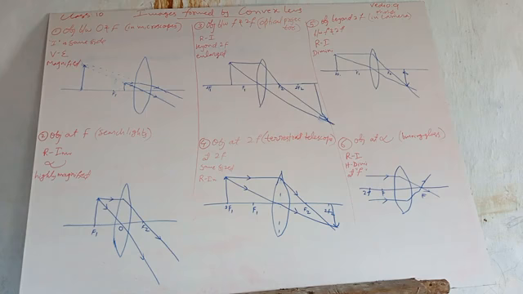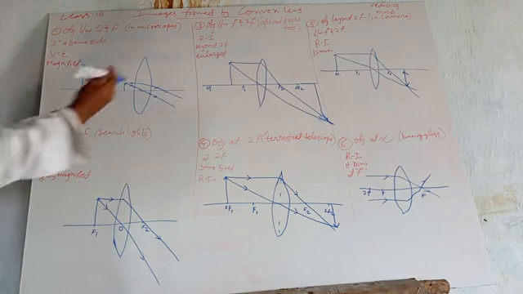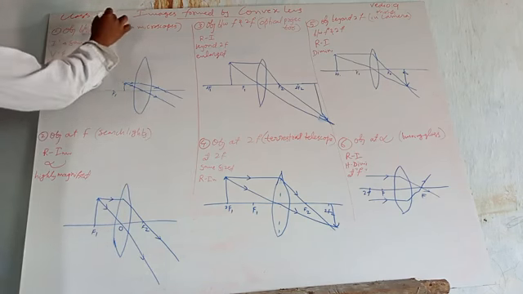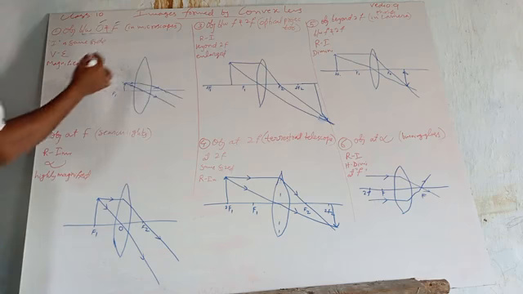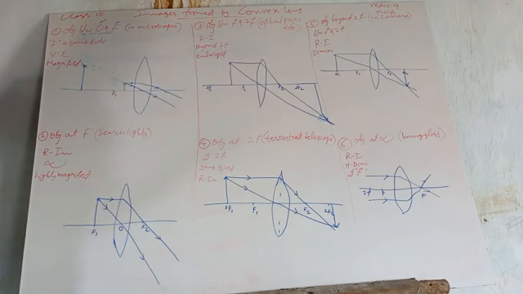So look here. I am drawing once again. Questions also I am reading for you. Clearly, object between O and F, center of lens and F. These are all double convex lenses or biconvex lenses, meaning two focuses are there. Focus 1 for lens 1, focus 2 for lens 2, like that.